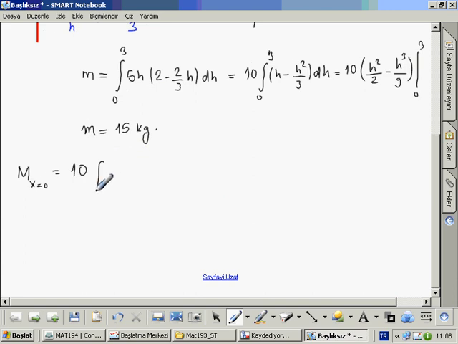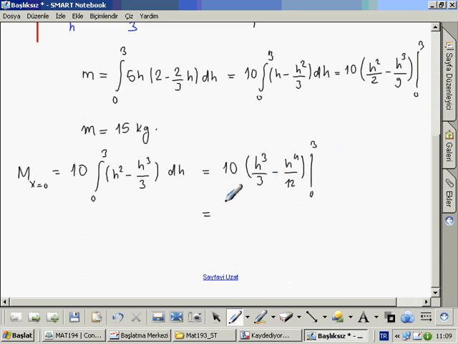And 10 times integral from 0 to 3 of h square minus h cube over 3 del h, so it equals 10 times (h cube over 3 minus h to the power of 4 over 12), I'm sorry, integral from 0 to 3, so it's 45 over 2 kilogram meters,